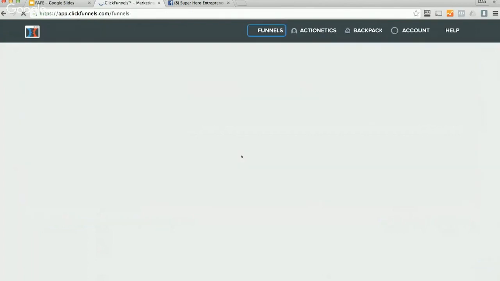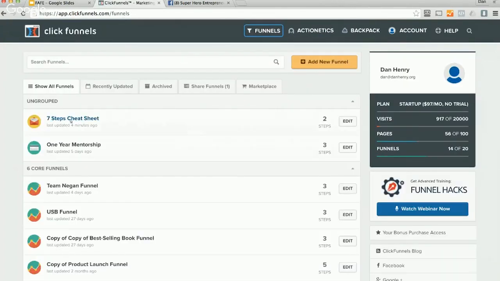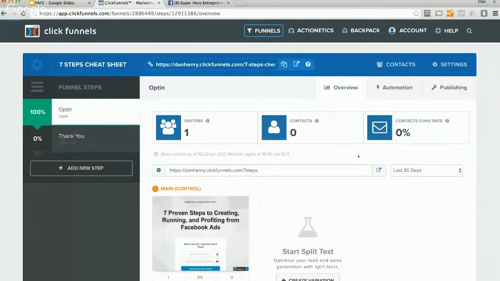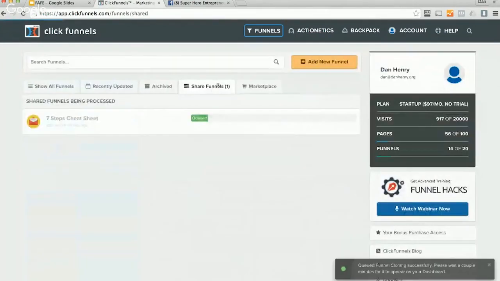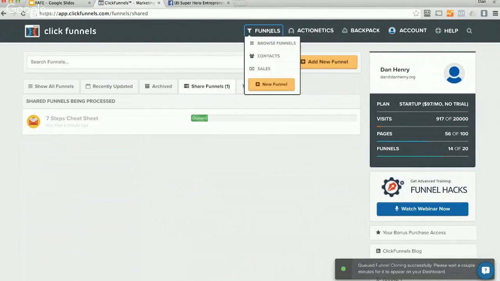what you would want to do, and by the way, you can actually see this cheat sheet funnel that we created. You can hit edit, and you can go to settings. You can hit clone funnel, and it'll clone the funnel. And this is pretty cool because what we can do now